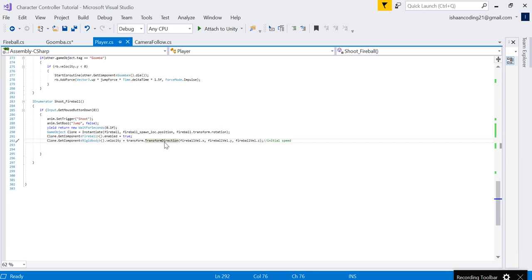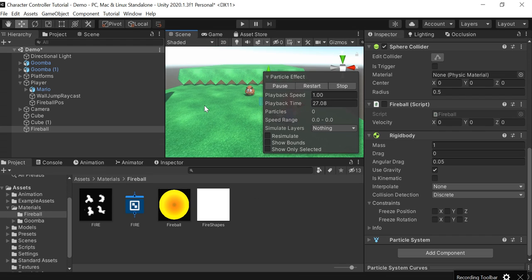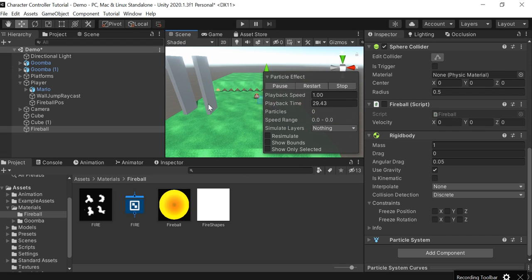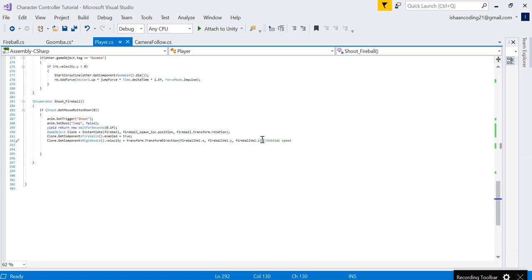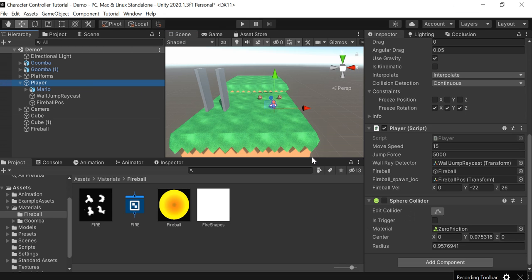It basically gets the local velocity of the player and adds the specified vector 3 to it, because if the player is facing, for example, this way, for example, east or something, then the forwards would also be east, and the left and right would be, well, south, north. You know what I mean, right? So we want the local direction, not the global vector 3. Okay, so that's the fireball. So if you actually look here in our player script, this is the fireball's initial velocity,